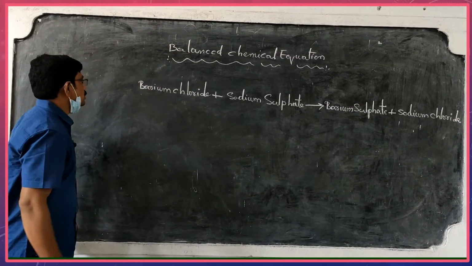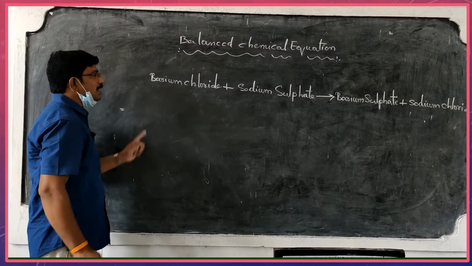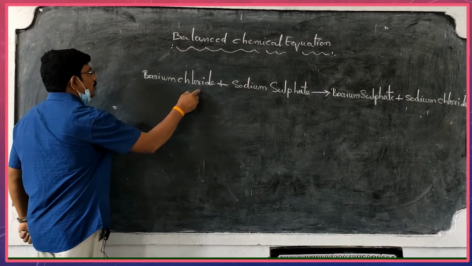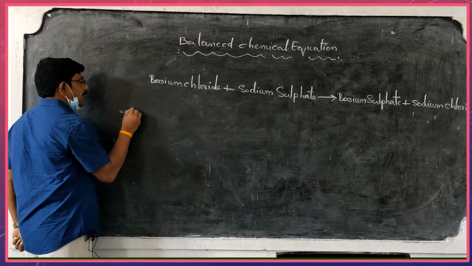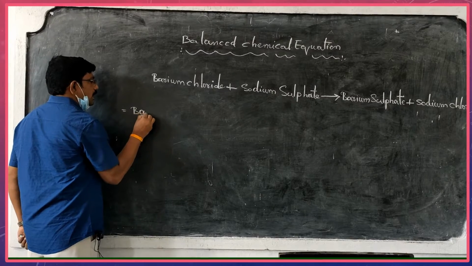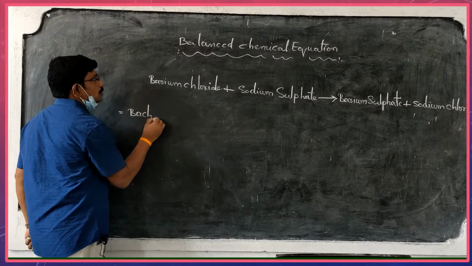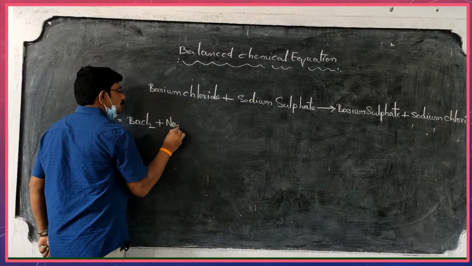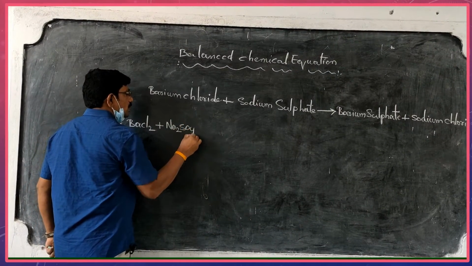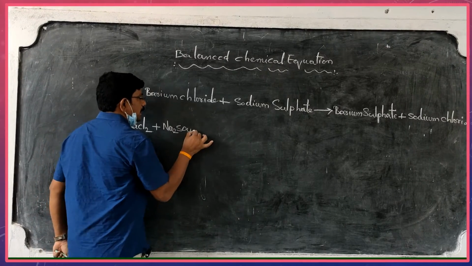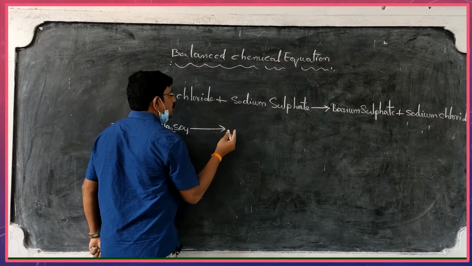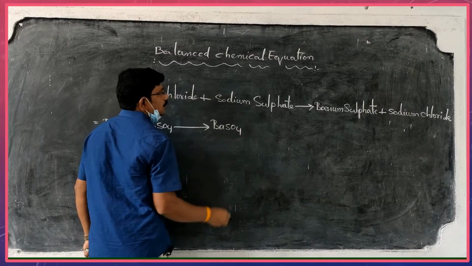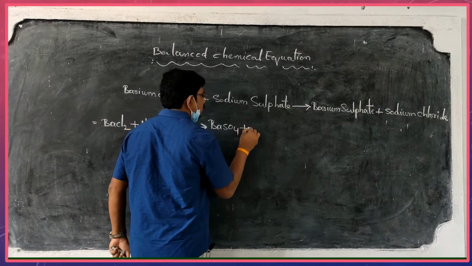Now listen to me. So barium chloride, this is the word equation, you know that. Now you write the molecular formulas. That is barium chloride, BaCl2. Sodium sulfate, Na2SO4, gives rise to barium sulfate, BaSO4. Next, sodium chloride,